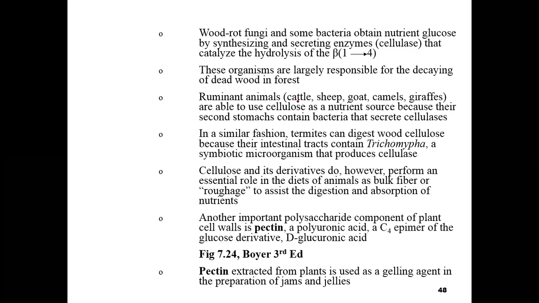Some organisms have the ability to digest the beta 1,4 linkage because they contain the enzyme cellulase. Like the wood rotten fungi and some bacteria, they obtain nutrient glucose by synthesizing and secreting enzymes that catalyze the hydrolysis of the beta 1,4. These organisms are largely responsible for the decaying of dead wood in the forest. Ruminant animals like cattle, sheep, goat, camels, and the giraffe are also able to use cellulose